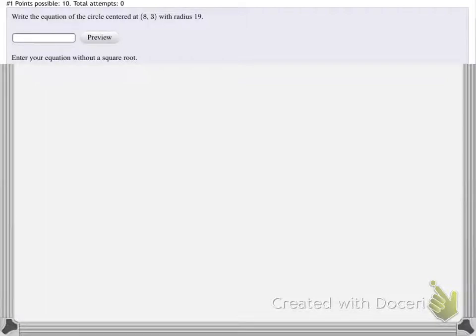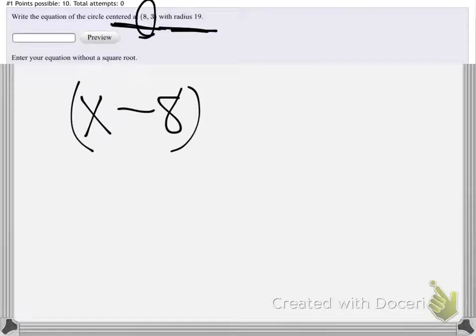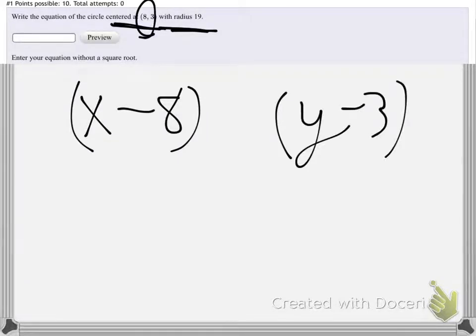Okay, for 7.2, number 1, we got the equation of a circle centered at (8, 3) with radius 19. Quick take on that: if my center is at (8, 3), that means the new 0 for x is 8, so we'd have x minus 8. And the y part, the new 0 for y is 3, so y minus 3. And then it's the old Pythagorean theorem thing,